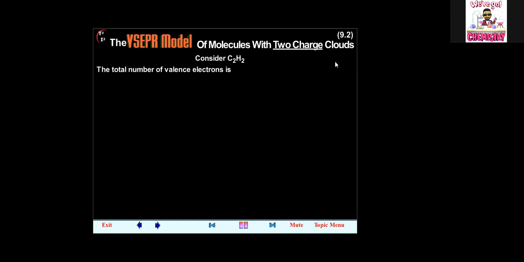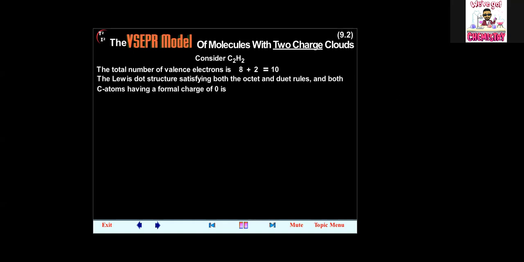Consider C2H2. The total number of valence electrons is 8 plus 2 equals 10. The Lewis dot structure satisfying both the octet and duet rules, and both carbon atoms having a formal charge of 0 is